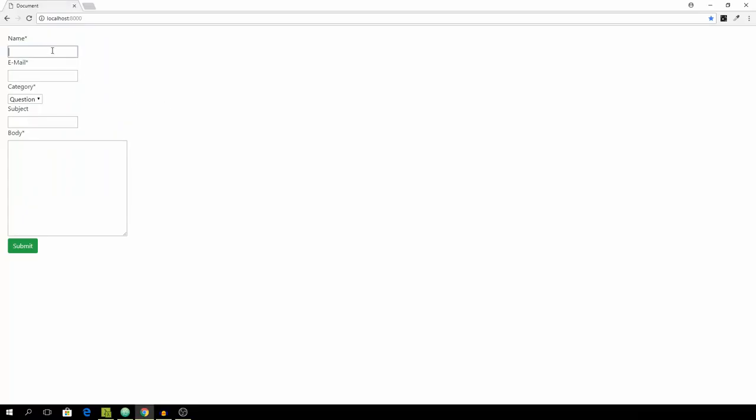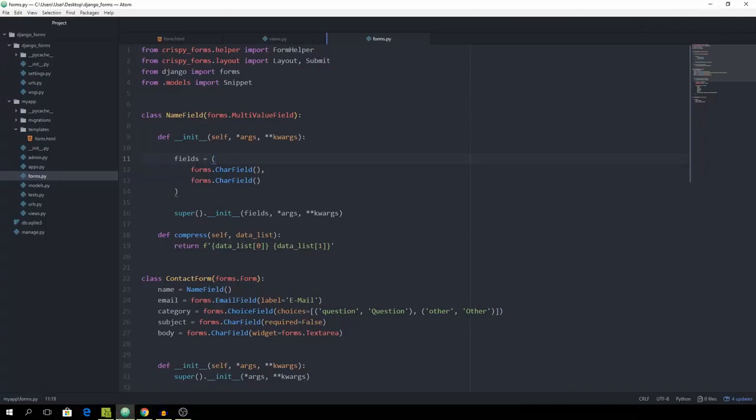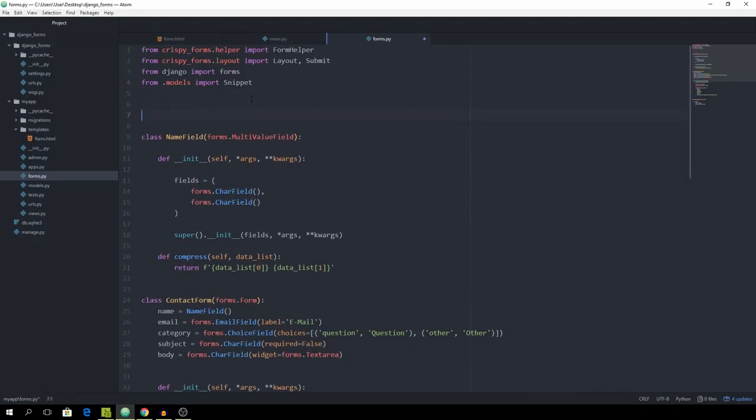But as you can see, we still only have one input, and that's of course not what we want, because we want the user to be able to pass two specific ones, as we just said, because we have two specific fields. And that's why we also need to override the widget, and we can just go on top of that and create a new class called NameWidget which subclasses from forms.MultiWidget,